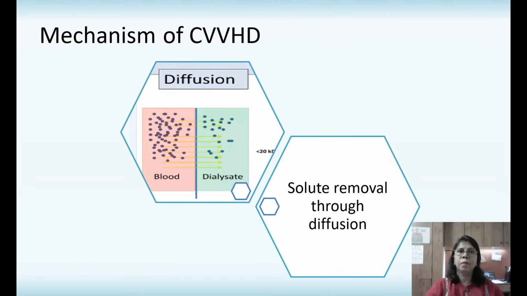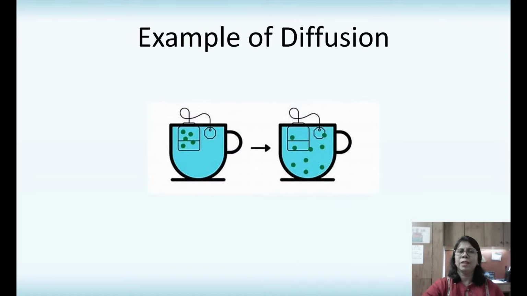The mechanism of solute removal in CVVHD is simple diffusion. And let us take a look at what this means. Chai. That's what many of us in India say all the time. It's tea time, folks. Well, this is a very simple example of diffusion. The tea bag contains solute which is contained in a semi-permeable membrane, and this then diffuses through the semi-permeable membrane into the solvent around it. But please note that only the small molecules can pass through this method, and this is what diffusion is all